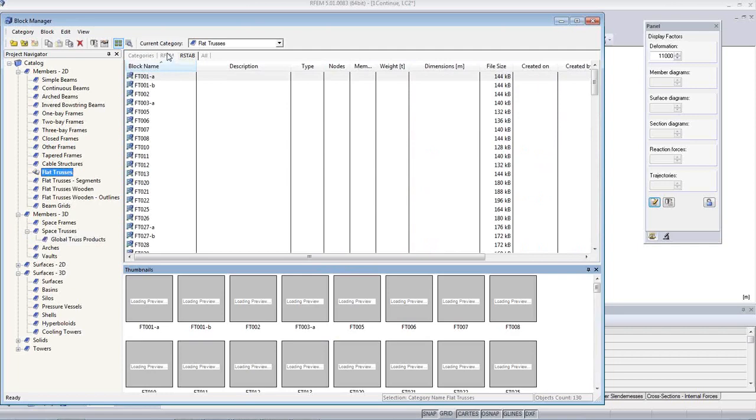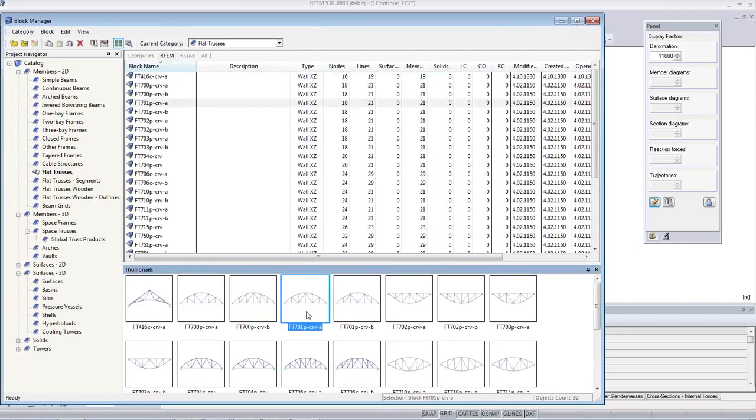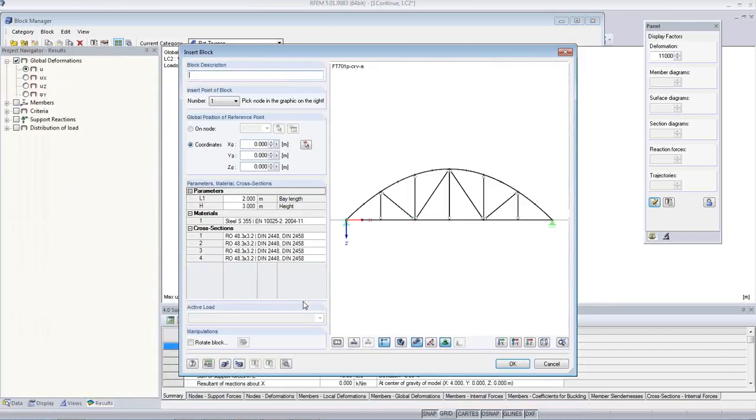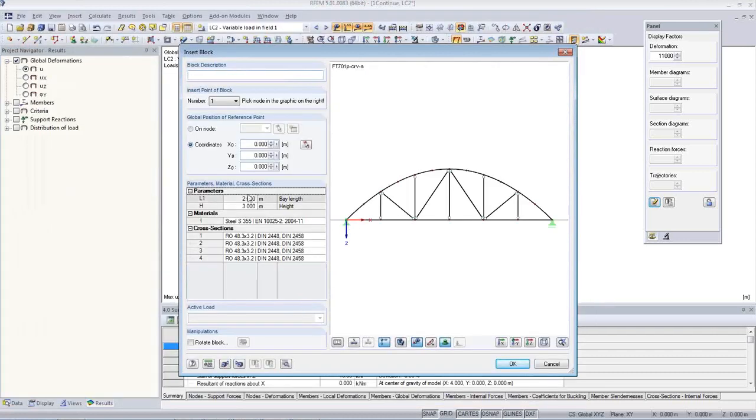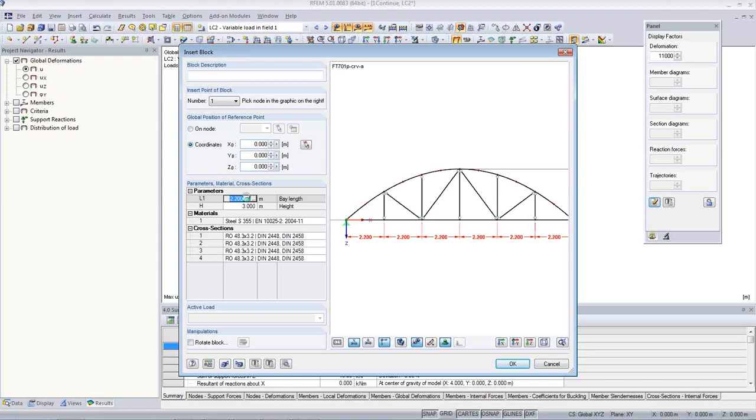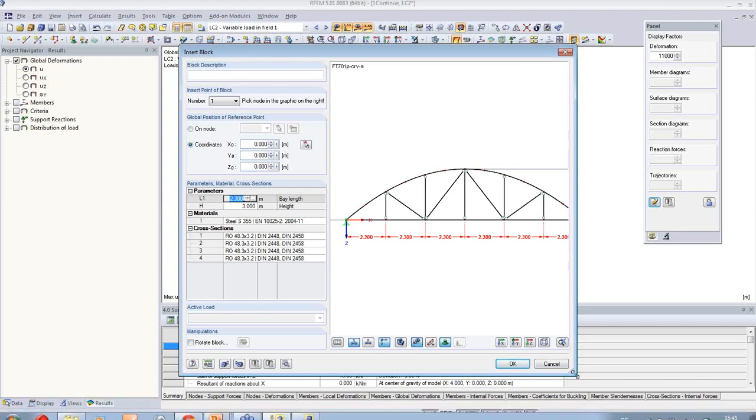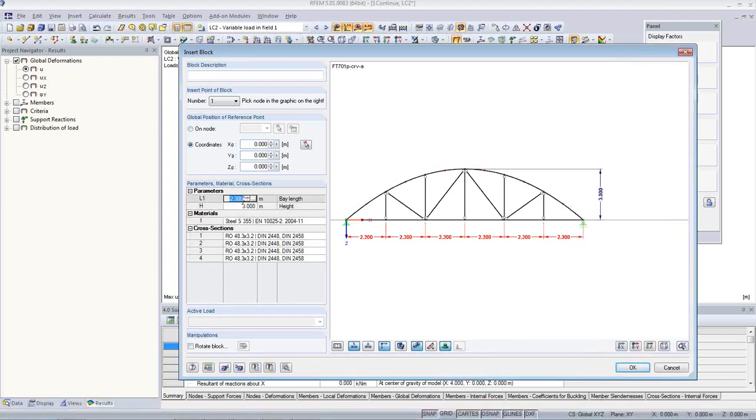If you use this, we have to go back to RFEM. If I open something like this, for example, it will open in a preview. You see here I can change the length. I can even show the parameters. If I change the length here, you see how it will change. It's all parametric, and you can use these things